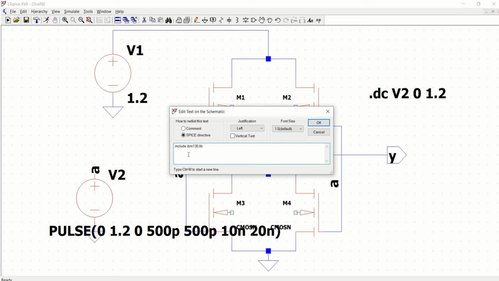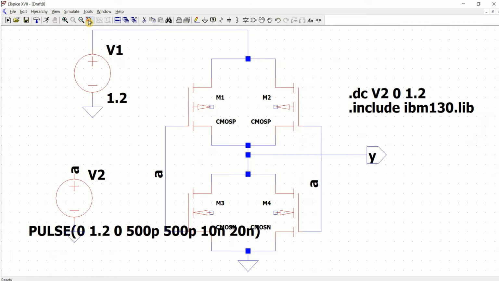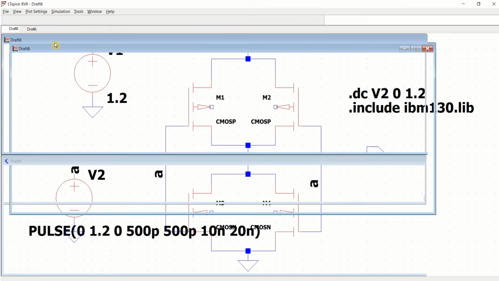Dot lib include IBM 130.lib. Click on OK. Now everything is defined. Source voltage is defined and DC sweep along with the pulse is also defined. Now we'll try to run the simulation for this. Click save and run.